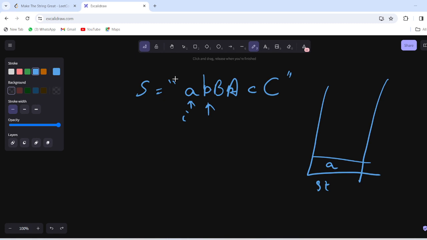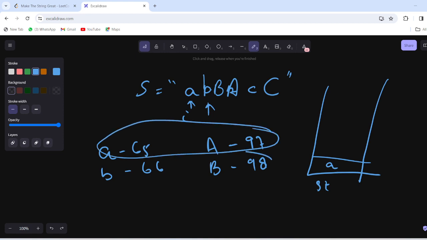First of all I would like to tell you that the ASCII value of small a is 97 and the ASCII value of capital A is 65. Likewise, small b has ASCII value 98 and capital B has ASCII value 66. If you check the difference, small a and capital A, and small b and capital B both have the same difference, that is 32.